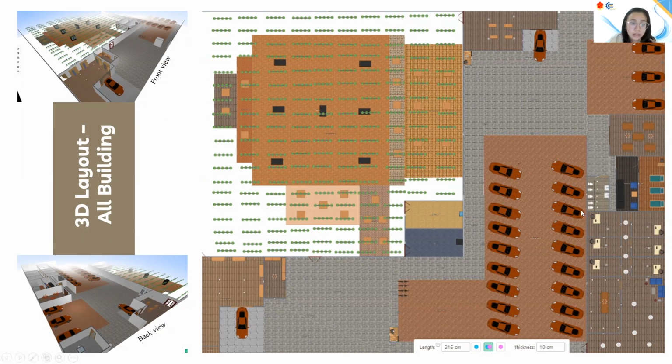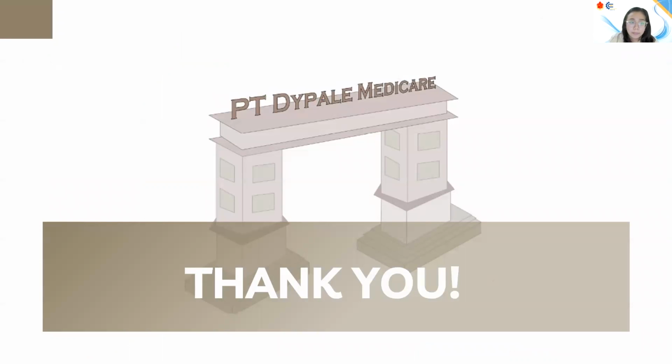And then on the production floor, there is a circle machine area that contains 6 machines, a RAS machine area that contains 5 machines, a jigsaw machine area that contains 5 machines, a WSP machine area that contains 5 machines, an assembly table area that contains 7 tables, a jointer machine area that contains 2 machines, and a planer machine area that contains 2 machines. That's all for our presentation.